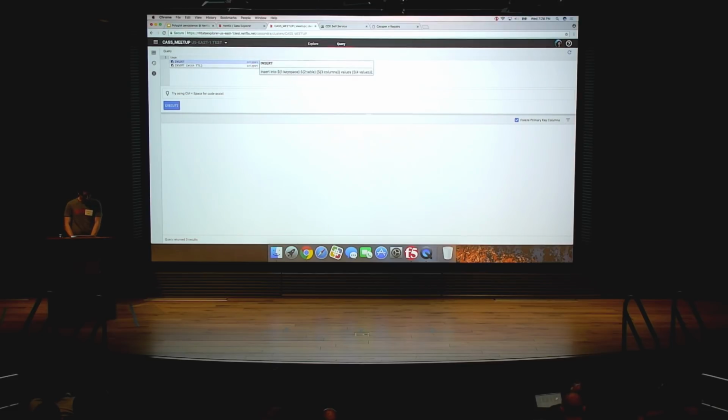So we have code assist. So if we're doing maybe like an insert, we can insert into Meetup Demo. And we've got code assist for the various columns that you have.